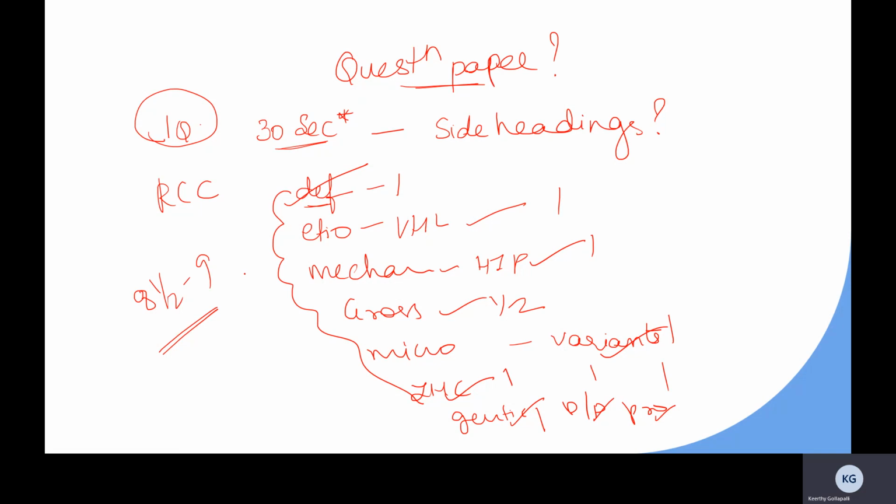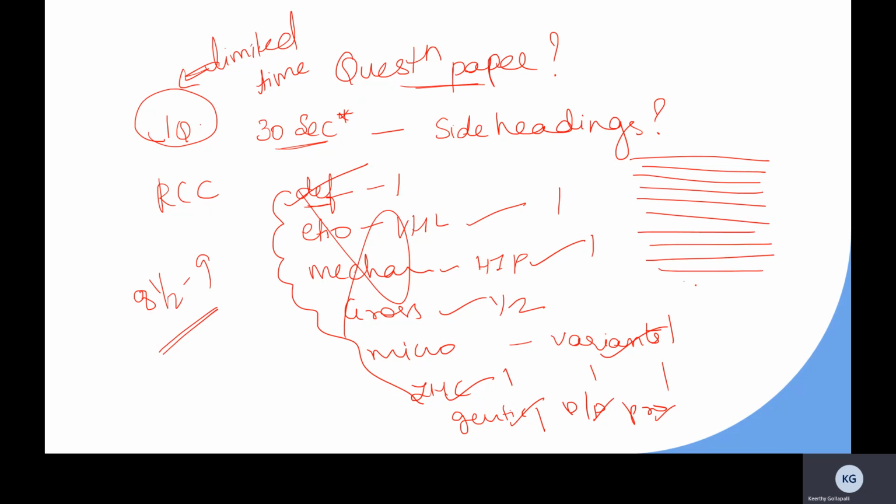And make sure you write your answer to the point because you have a limited time. Remember, you have a limited time. In the limited time, you have to give the maximum information to the examiner in a presentable way. Correct? Instead of writing like this, you are writing paragraphs. Like this one paragraph, you have written one story. I don't have the patience to search where the important points are here.